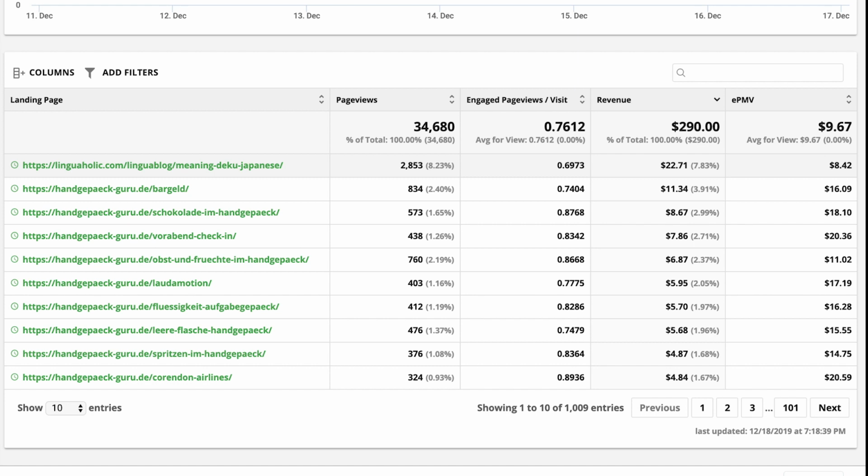For every landing page, you will get some really useful metrics like EPMV, for example. EPMV will show you how much you earn for every 1,000 visitors. So let's say your EPMV for one landing page is $20, but for another one just $5. So in the future you want to focus on content where you can get $20 for every 1,000 visitors rather than just $5. Like this, it will be very easy to decide on new content that makes sense for you